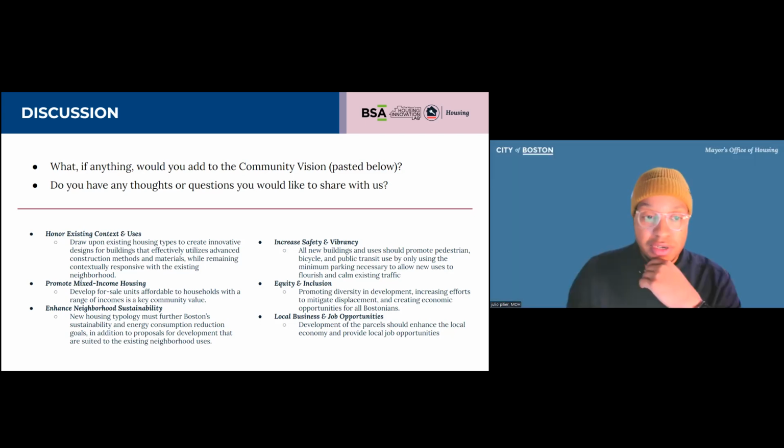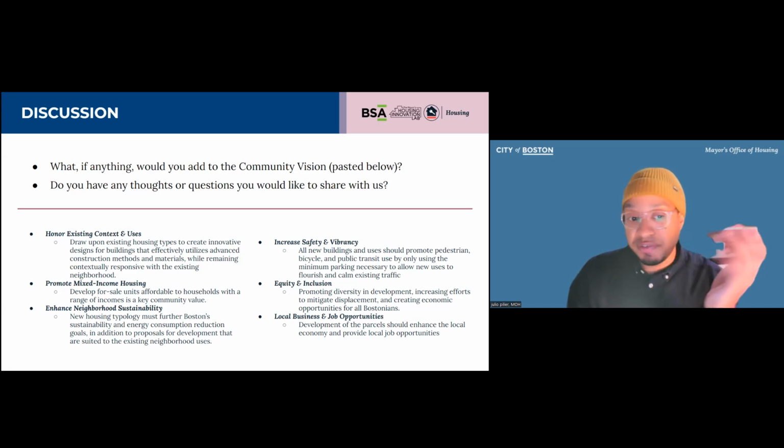Yeah, and I know we've talked about this a lot, but there is a Bowdoin Geneva Transportation Action Plan that the Transportation Department is in the process of concluding. So there will be changes. If you've driven down Bowdoin or Bowdoin Geneva, you know there's always traffic, cars are driving by, and not many crosswalks.